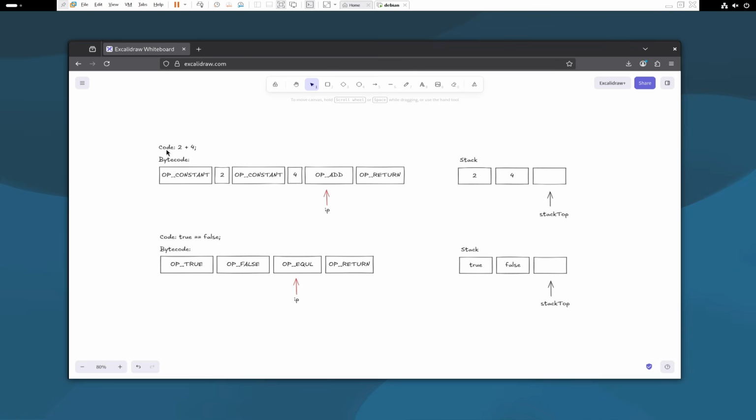So this is our code. For example, our code is 2 plus 4 and semicolon. The bytecode is OP_CONSTANT 2 and OP_CONSTANT 4, and we do an addition and we halt the machine. So the VM has a state, its stack is 2 and 4, but until now we can't do something